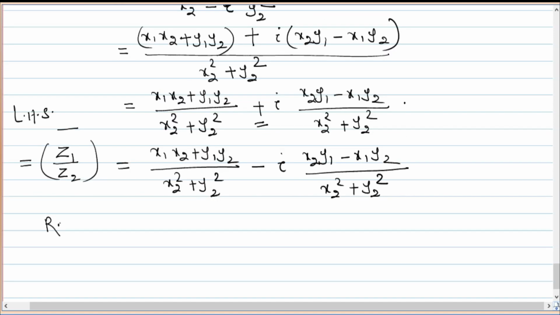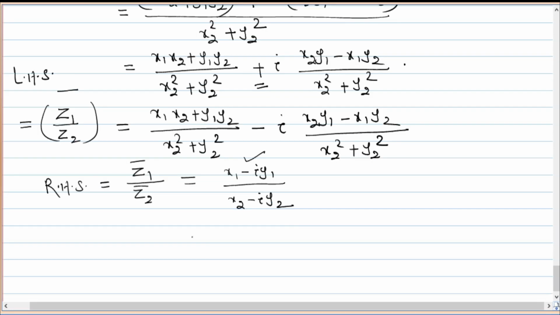Now RHS, what is RHS? That is z1 bar by z2 bar. Okay, that is nothing but x1 minus iy1 divided by x2 minus iy2. Because z1 we have taken as x1 plus iy1, so its conjugate means x1 minus iy1. And z2 conjugate is x2 minus iy2, since z2 is equal to x2 plus iy2. So to express it in a plus ib form, that is x1 minus iy1 whole into